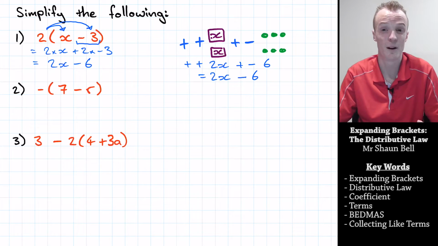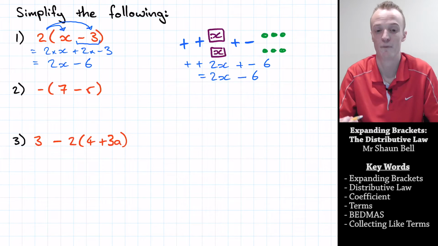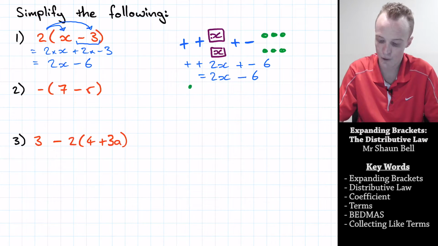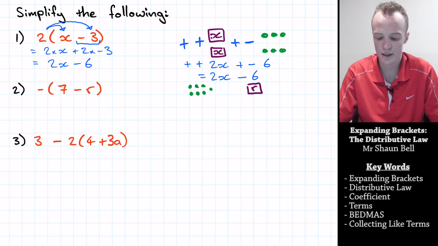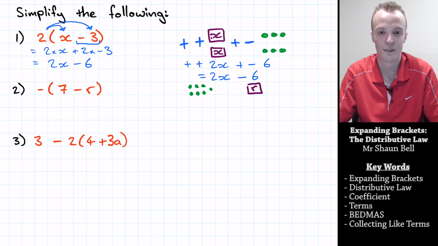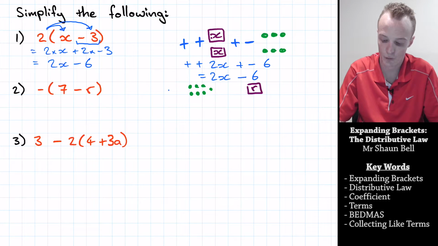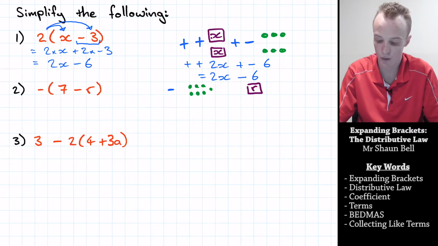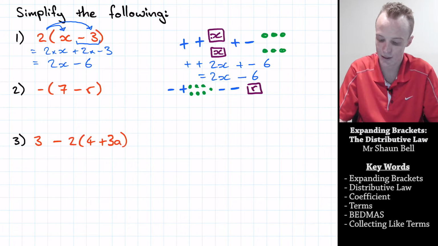Now the second problem is probably the one that I see stumble most people. But let's start by representing this problem visually. Now in this problem, I've got inside the brackets 7 of these green dots and I've got a little r here. But now let's have a look at the signs. Now in front of the brackets, it's saying that I've got the negative of it, so I've got to subtract, but the first term is a positive, so I'm subtracting a positive number, and then I'm subtracting again, but this time I'm subtracting a negative r. So what I'm essentially saying is I've got the negative of positive 7 and I'm subtracting negative r.